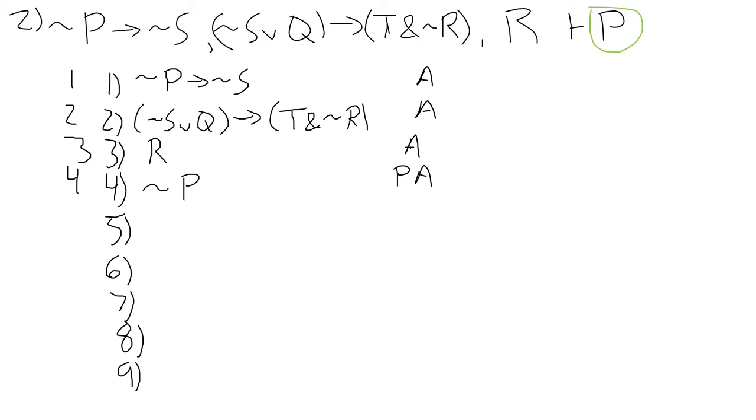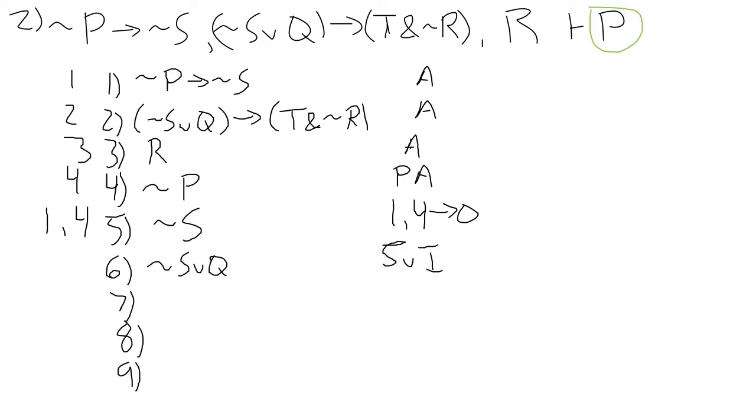So we can toss this tilde P into our conditional statement in 1 to get tilde S. So that's going to be 1 and 4, arrow out, 1 and 4. Then we can wedge in our Q from 5, wedge in. Now we can toss this not S or Q into our conditional statement 2 to get T and tilde R from 2 and 6, arrow out,